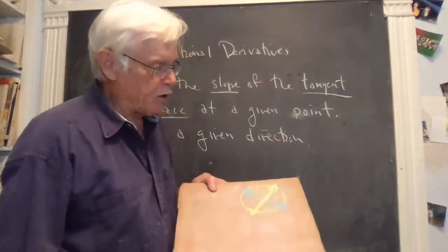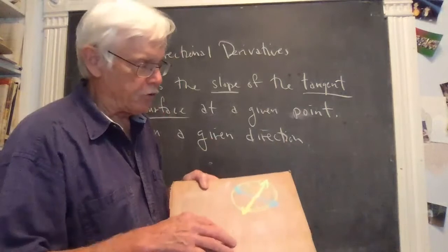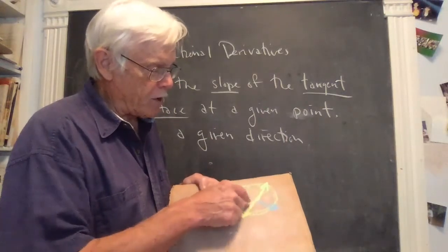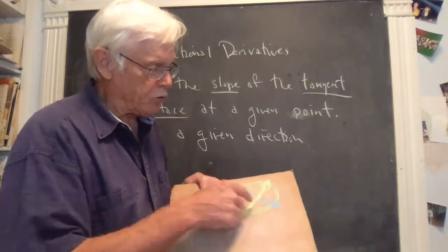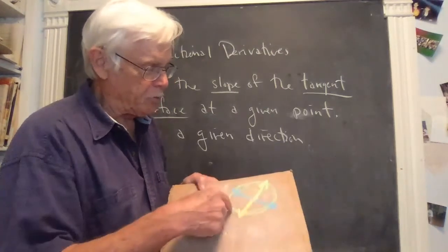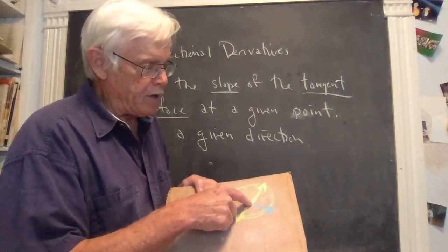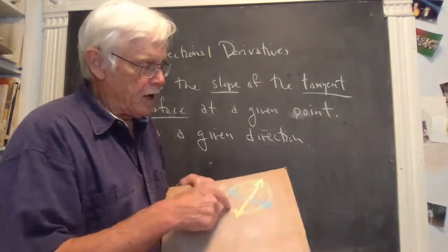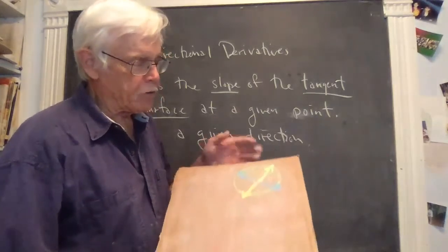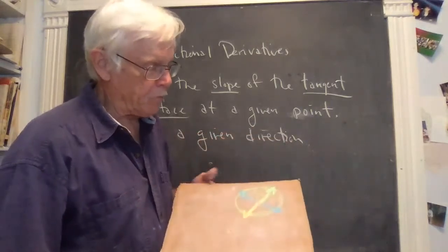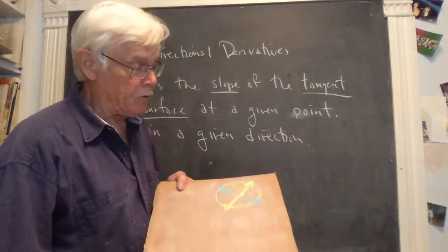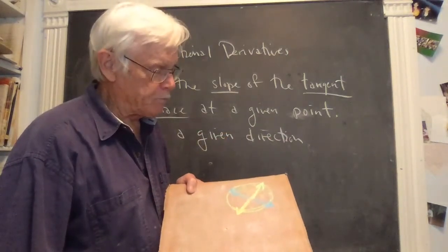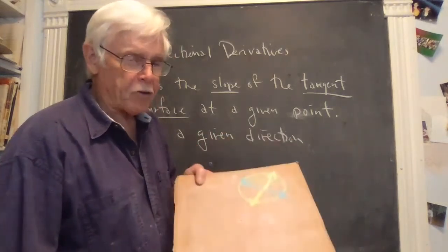So on this particular surface, this is a tangent surface. And at this given point, directions at this point go out to the unit circle. This oblong thing is supposed to be a unit circle. And every arrow from this point out to the unit circle represents a direction. And so the slope of this plane in that direction, rise over run in that direction at this point, is going to be the directional derivative at that point. Because of the way flat surfaces work,